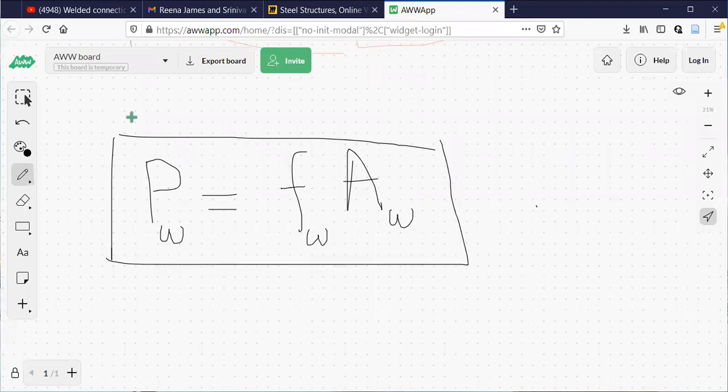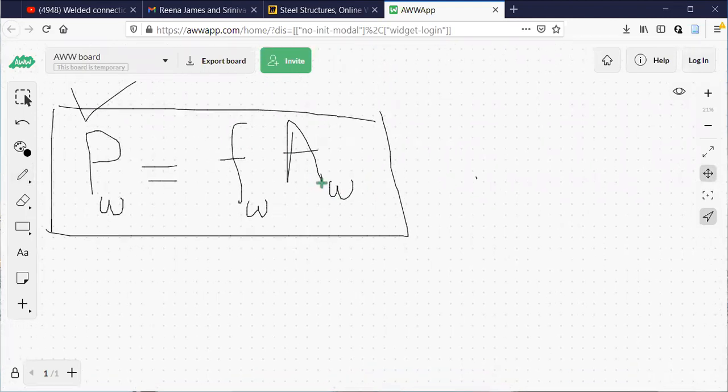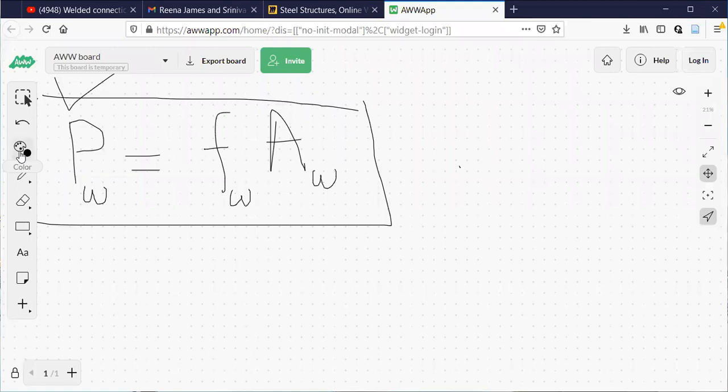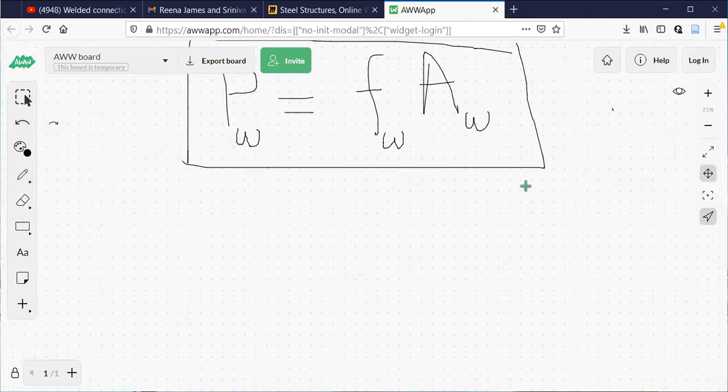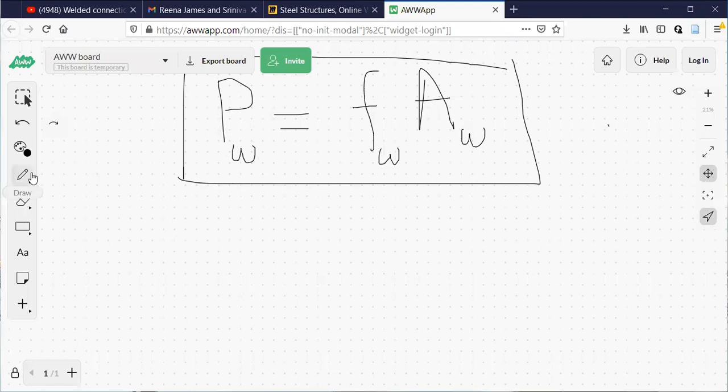Very simple formula I am starting with from strength of materials. So in the given problem of this module, initially I am going to calculate PW. Length of the weld and cross section dimensions can be calculated. Okay. Now see how it is done here, so that I can start that problem. This is one plate.